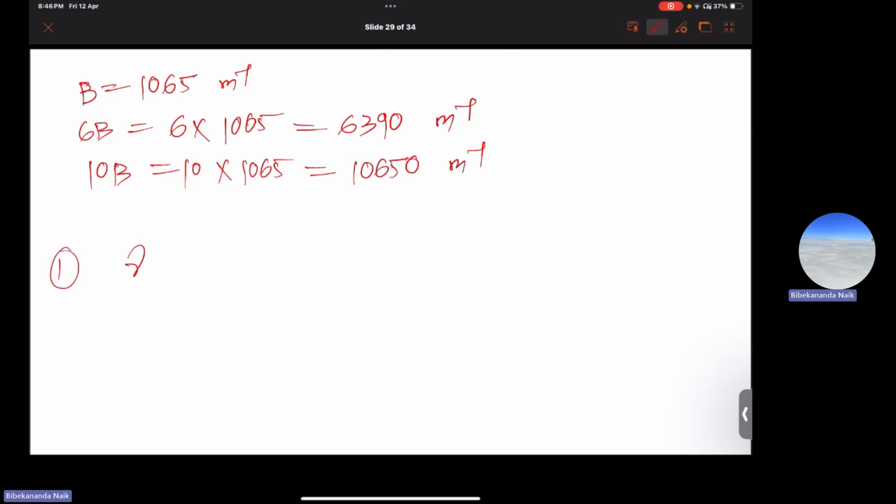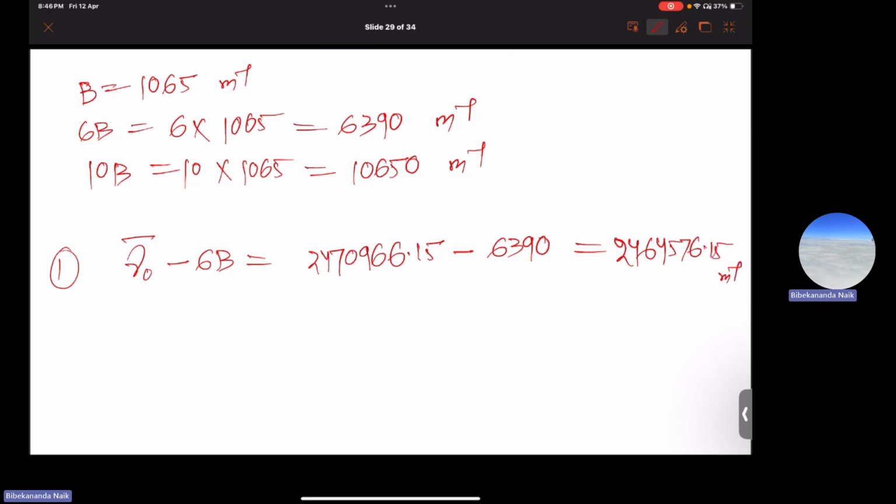So one line will be nu 0 bar minus 6B, which is 2470966.15 minus 6390, which is 2464576.15 meter inverse. Then the next line will be nu 0 bar minus 10D, which will be